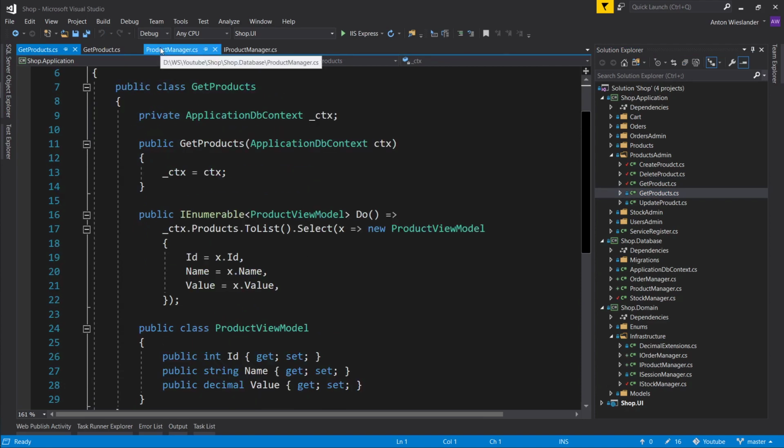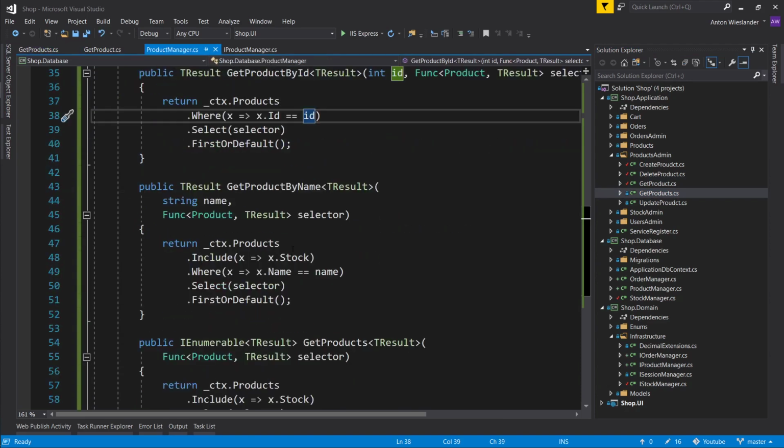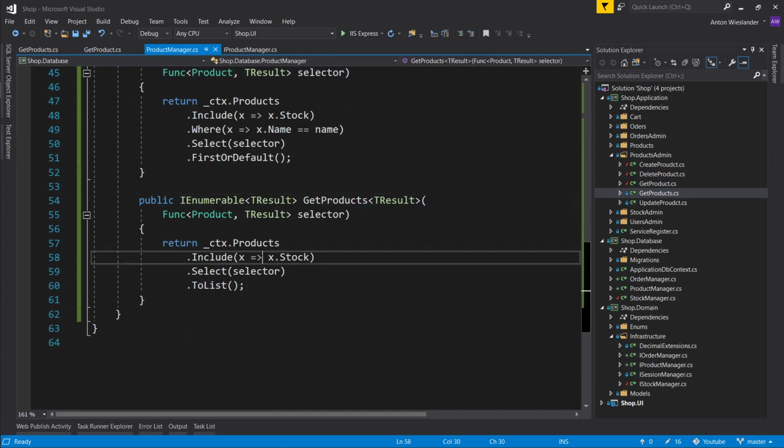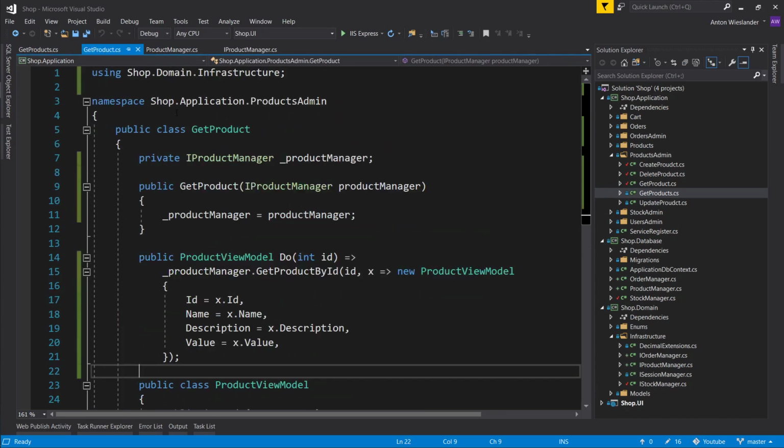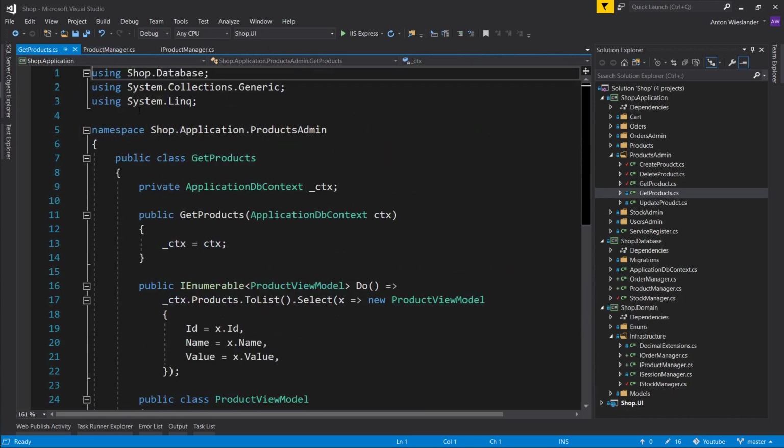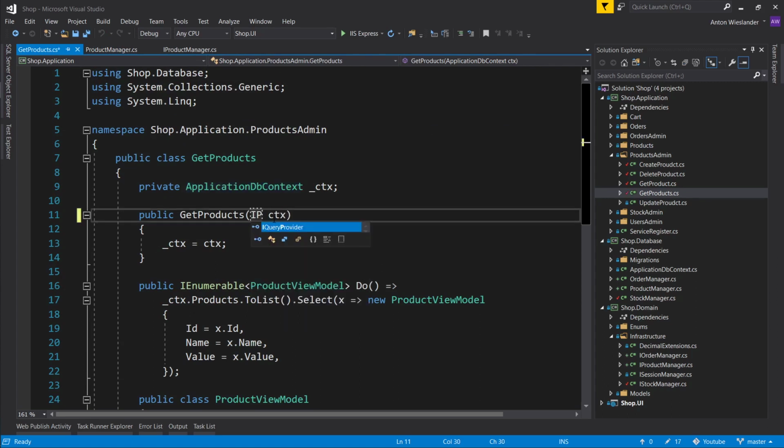We're doing the same thing here. Let me check if we need, if we're getting stock here. So we do include stock. I don't think, yeah, this shouldn't affect us here. Get product, did I remove everything? Yes. So let's go ahead and grab a product